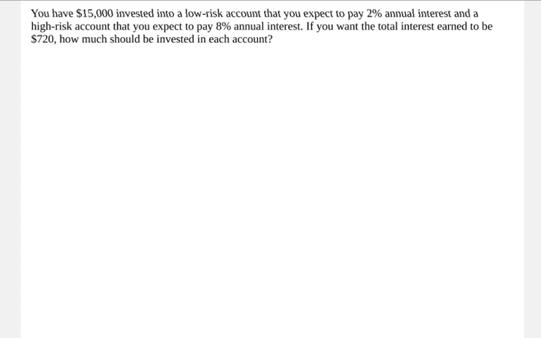I say that we expect them to pay a certain amount because it's not really guaranteed. But maybe based on past behavior, this is what they've been paying out. But the high-risk account has a much higher chance of maybe losing money or something like that. So in any case,